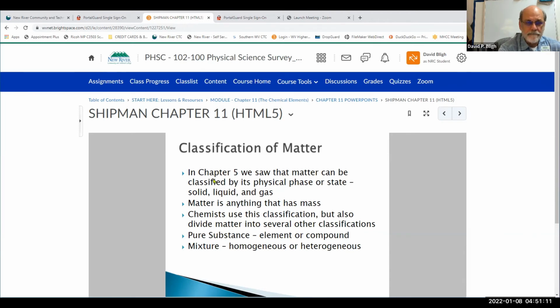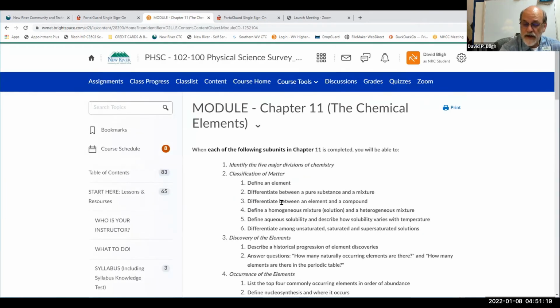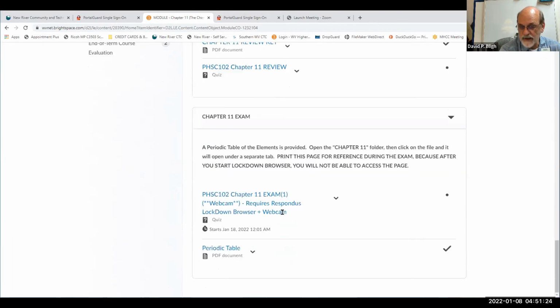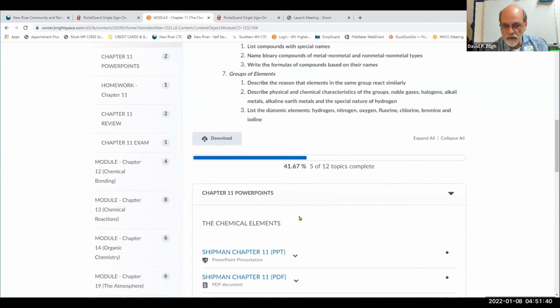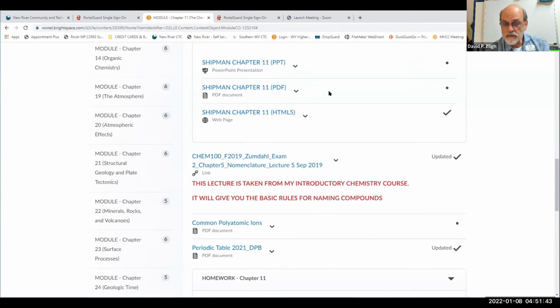Okay, so let's go back. Let's use the breadcrumbs. Let's go back to this module. Notice that the way I went back to that module, now it's the only thing on this right-hand side page. Before, everything in the Start Here, Lessons and Resources was on that right-hand side. Now it's just this module 11, which might actually be better to do it that way. Okay, once you've reviewed that material, read your chapter,